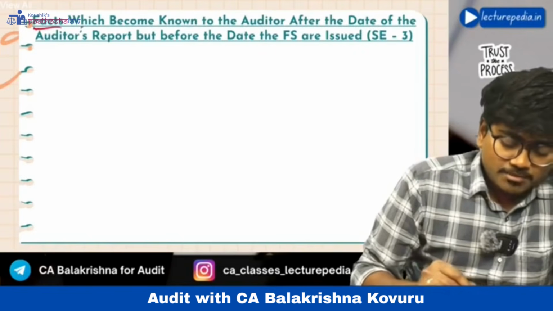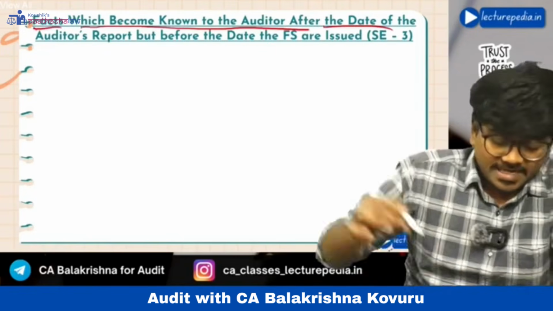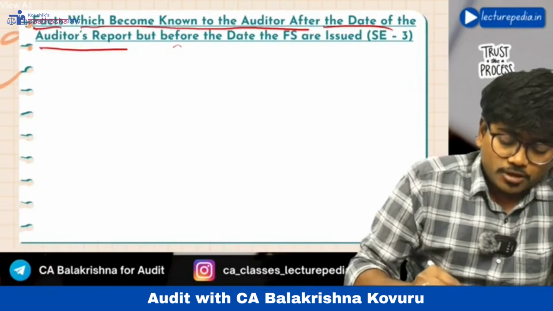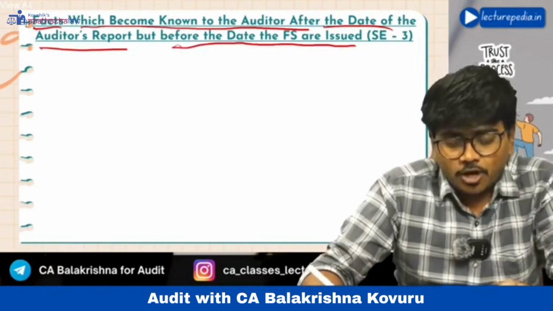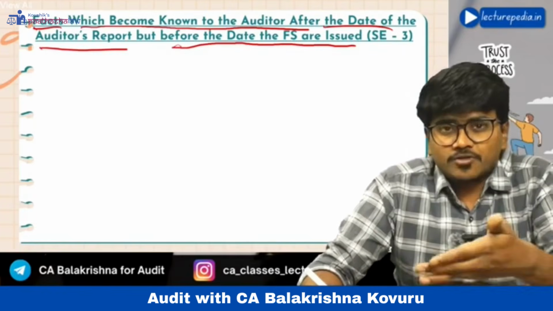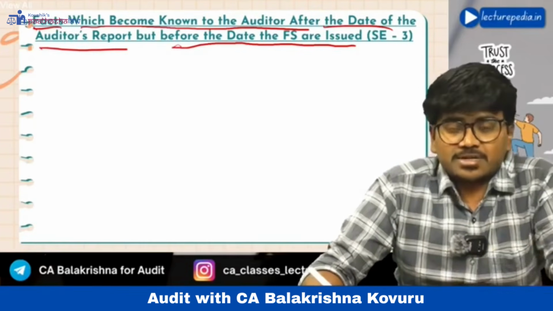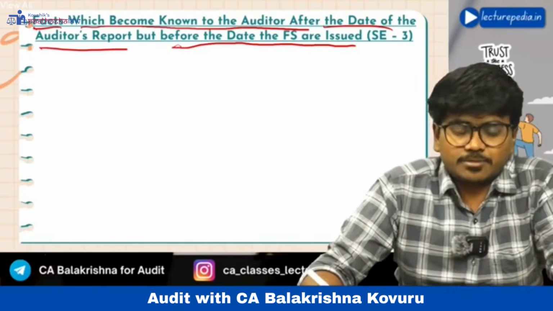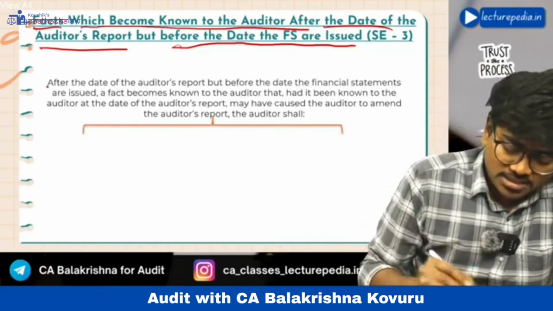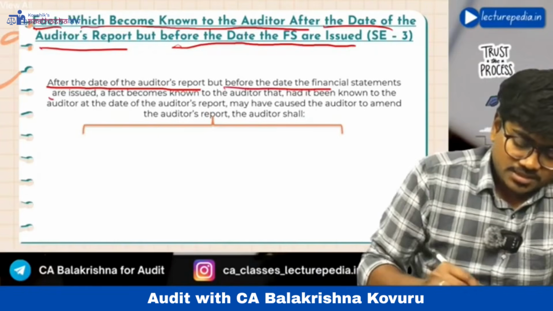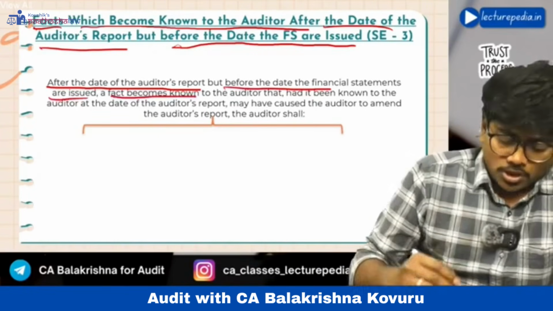Facts which become known to the auditor after the date of auditor's report but before the date financial statements are issued. This will fall in subsequent event number 3. See, after the date of auditor's report but before the date financial statements are issued, a fact becomes known to the auditor